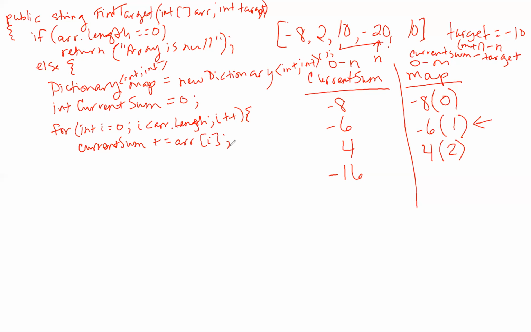Okay, and then the next thing we did is we looked at whether or not that was equal to the target. If current sum equals the target, then we know that from 0 to n was our target. So we know that it started at 0. So if current sum equals target, then we can return something like target found